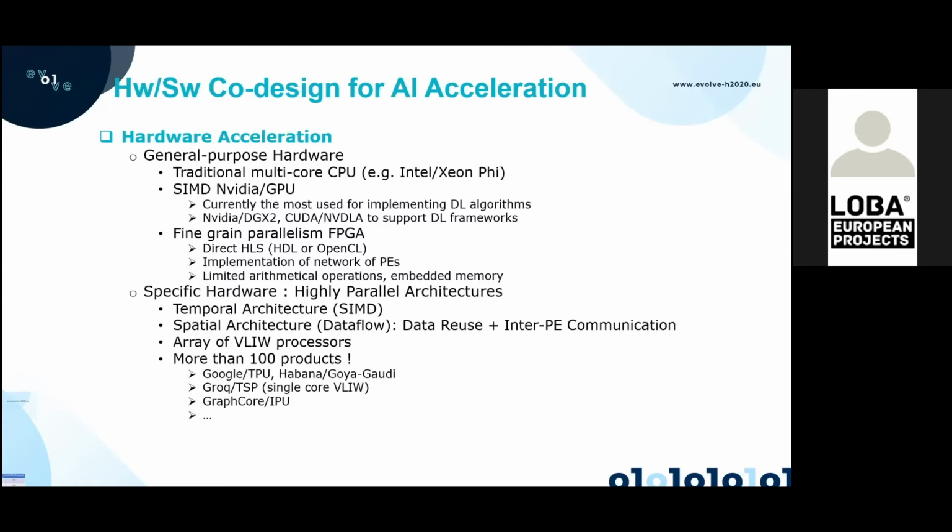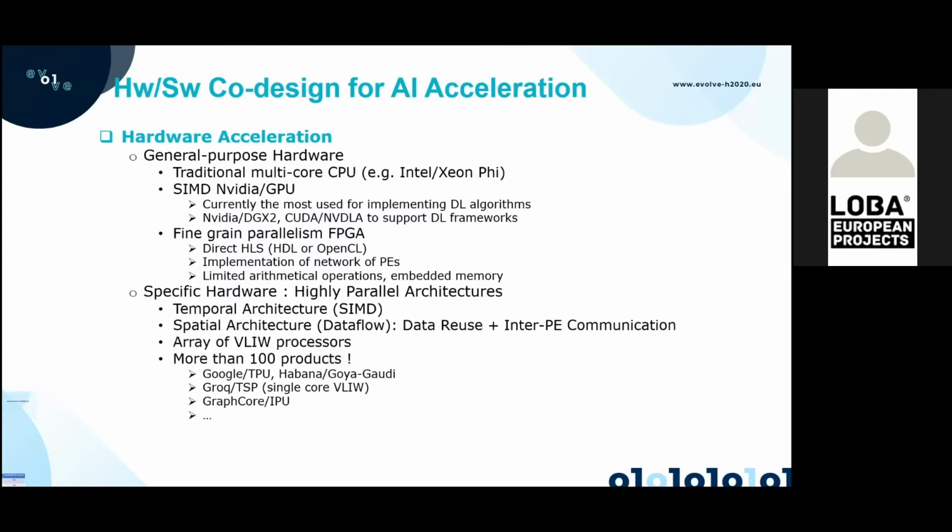There is also dedicated hardware like the NVIDIA DGX-2, for example, and software to support those frameworks from NVIDIA. And it should be said that today, based on some publications of the MLPerf benchmark, for example, GPUs seem to be very efficient implementations